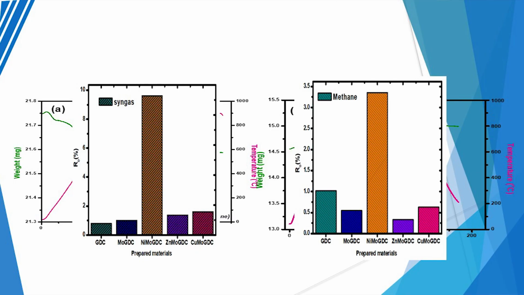I'm skipping ahead: we introduced molybdenum as a catalyst in this oxygen carrier, and its oxygen transport capacity increased up to 9%. Recently we are trying to make a hybrid system integrating a fuel cell with this chemical looping system. In chemical looping we can also get hydrogen gas after reformation, if we go for the reformation or gasification system. That hydrogen can be used in a fuel cell.